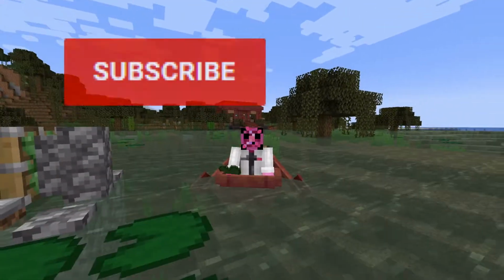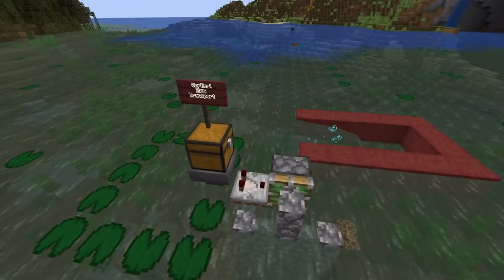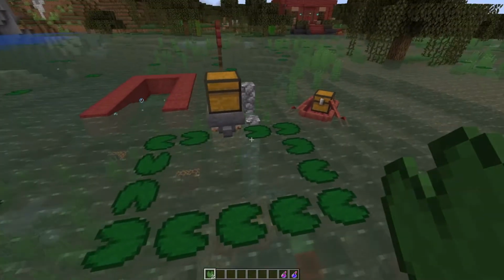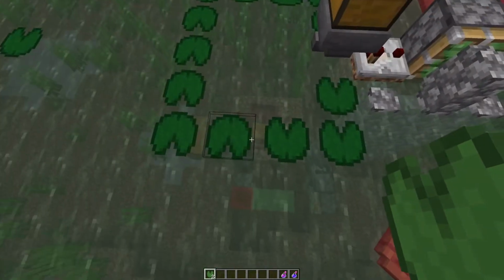Part 2 of Snapshot 22W12A. If you want to see part 1, it's in the thumbnail. So let's get started. Some of the things I've discovered thus far is that you can also use boats